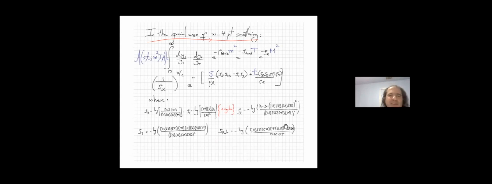Just so you see very explicitly what it looks like in the case of 4-point scattering. This is the whole thing, okay? And again, it has this exponential dependence on s and t, and depends on all the rest of the variables, where all of the rows that show up here are explicitly given in terms of those polynomials that are associated with the simplices. So I've just written them all down here, but all of these things are polynomials. All of these guys are polynomials in the y variables.